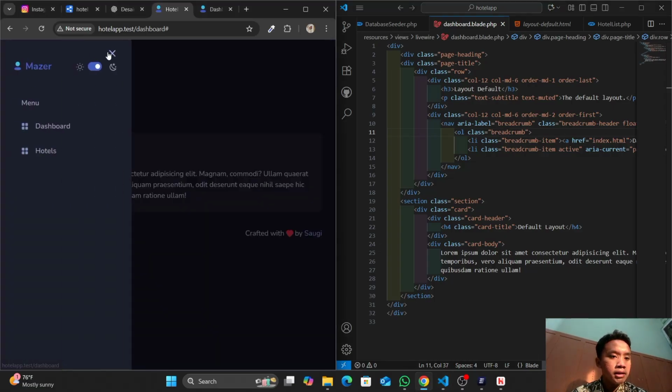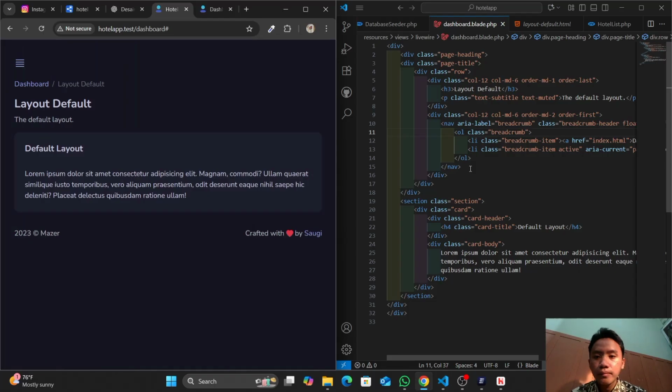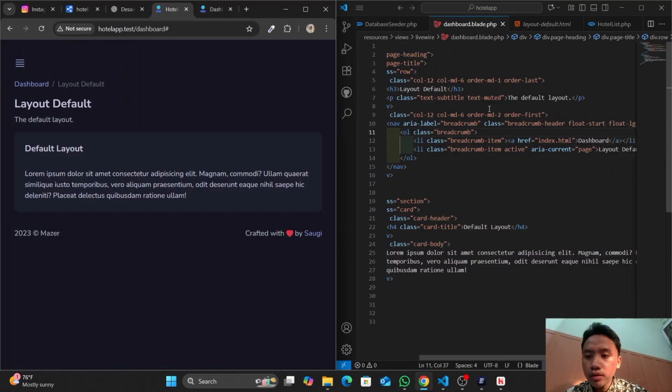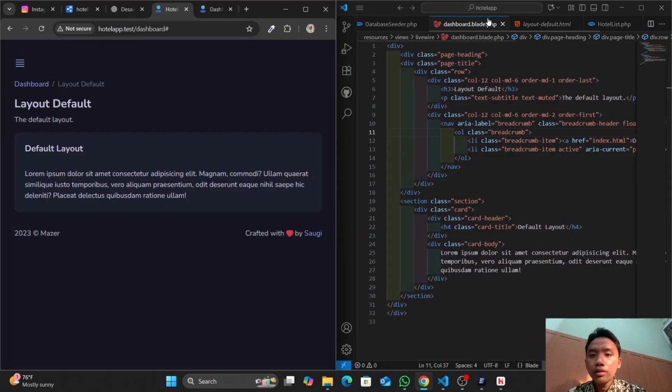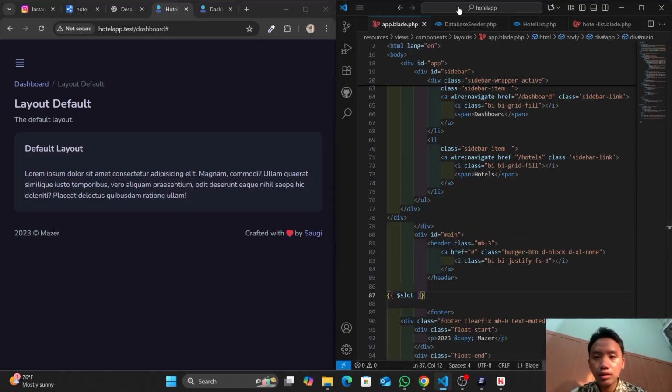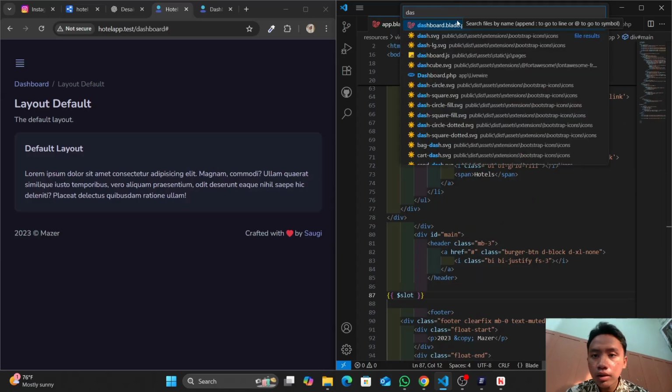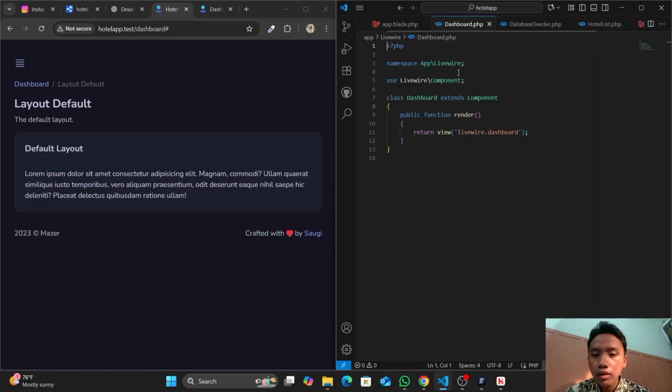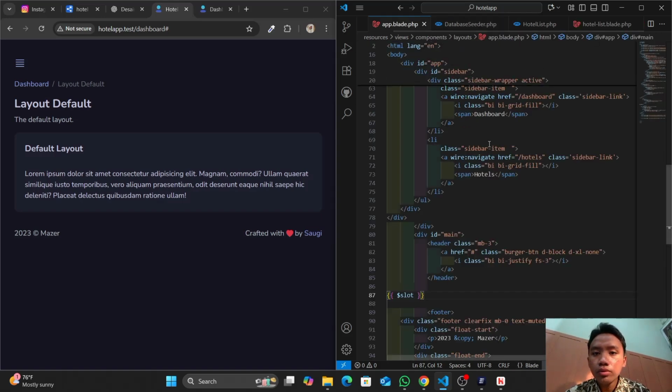So we leave the shared parts in the master template, and the content that we have to change on every page, we move into every page, right? Like that.